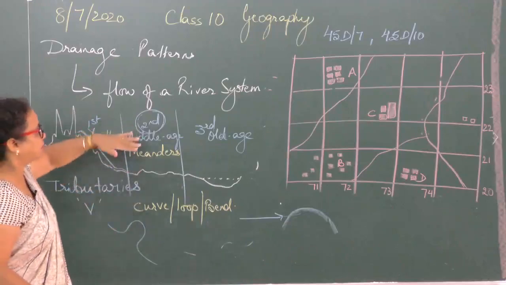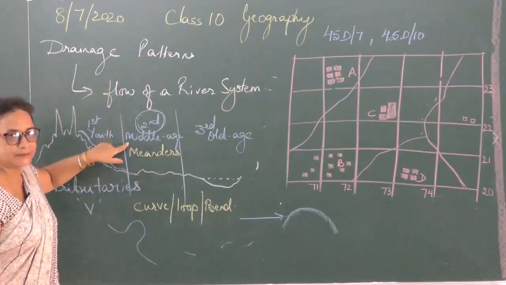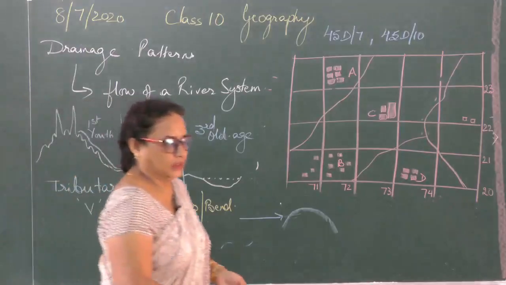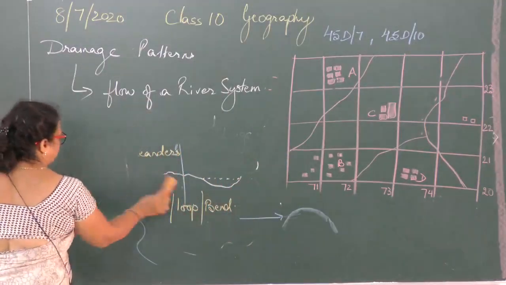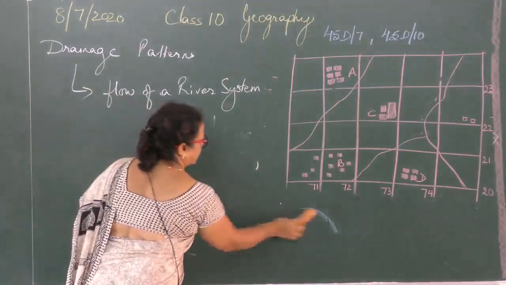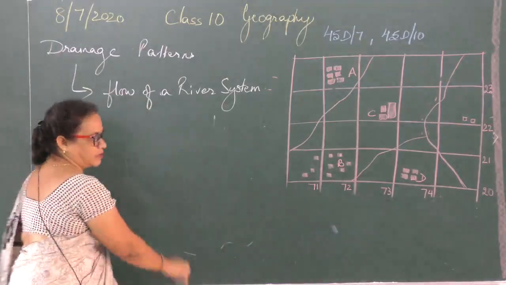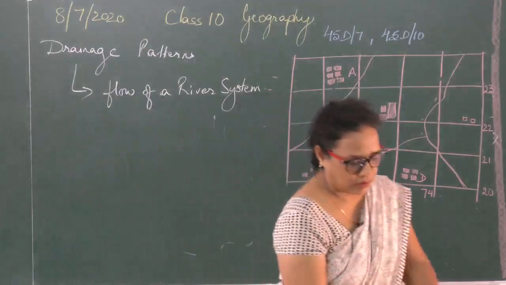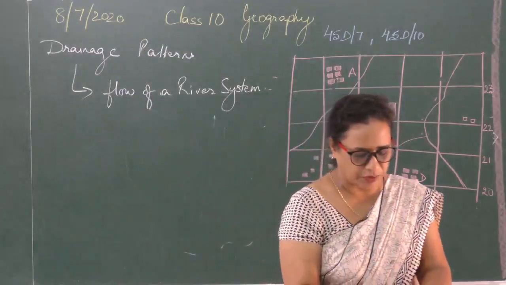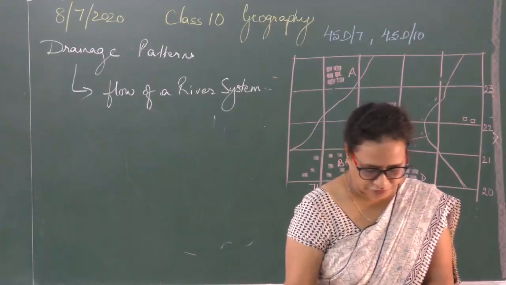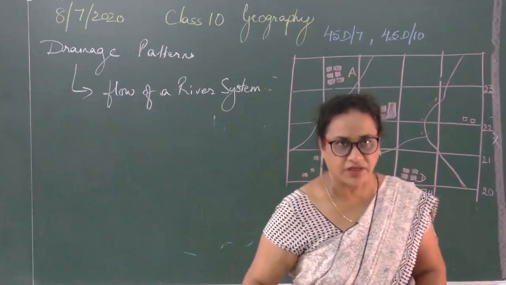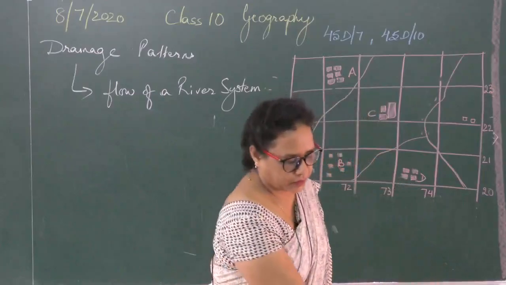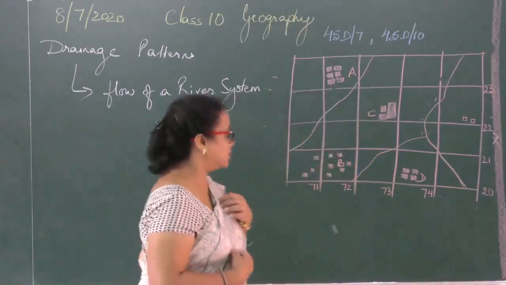This is something related to the drainage pattern. Now, I have given you the term meander. Now you come to the types of drainage pattern. For this, you have figures in your textbook also, and you can draw along with me. The figures are on page 47 of your textbook, showing the different types of drainage patterns.